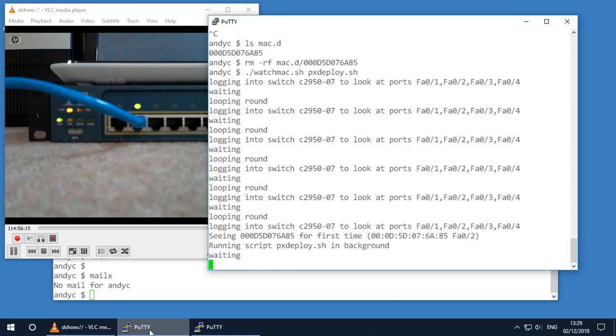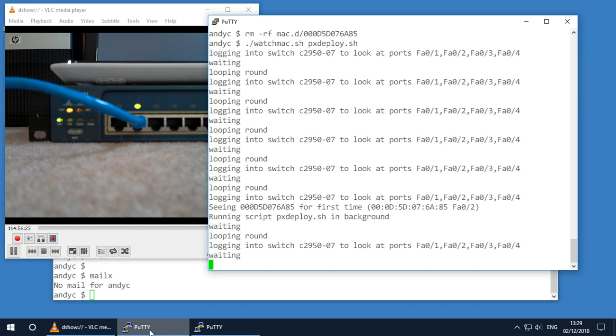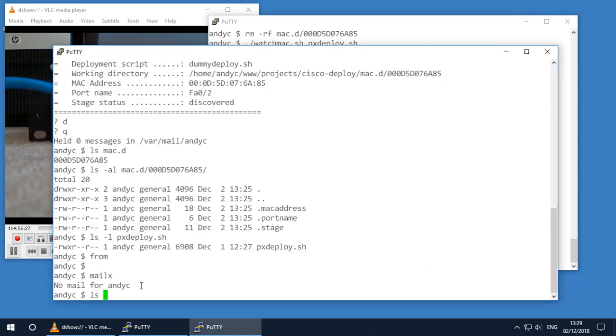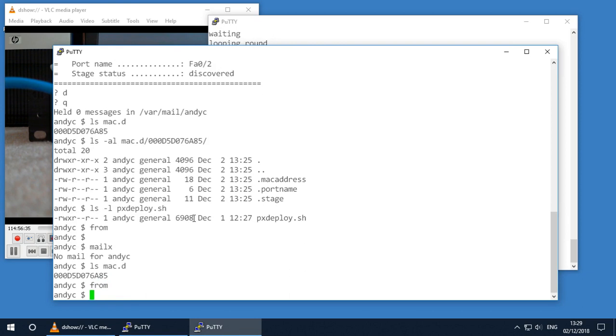There we go. So now it's running that script, and again it goes round. It will see it again, but obviously it just makes sure it only runs the script once. If we just have a look in our MAC directory, we can see that's reappeared there. So now it's just a case of waiting for some email to come through. What's actually happening, I can just prove that